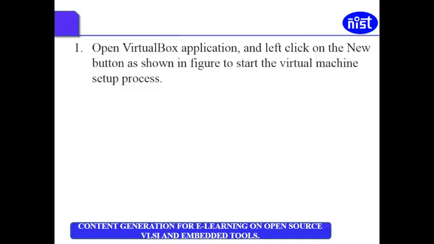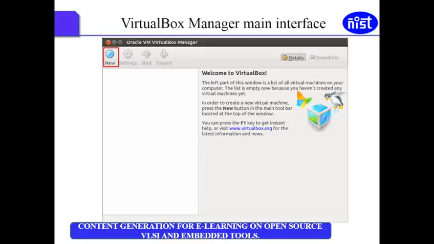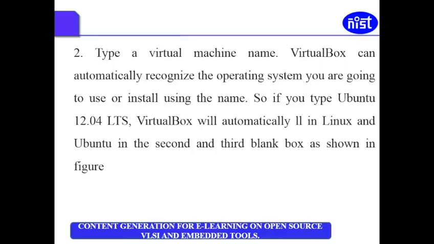And then you go to the VirtualBox application and left click on the New button shown in the figure. You go to the VirtualBox Manager main interface, and then you press New. Type a virtual machine name.